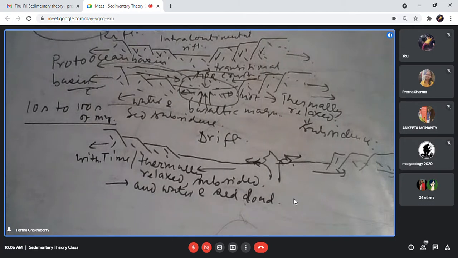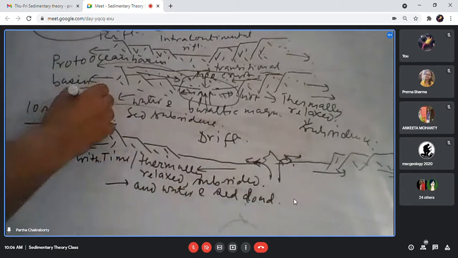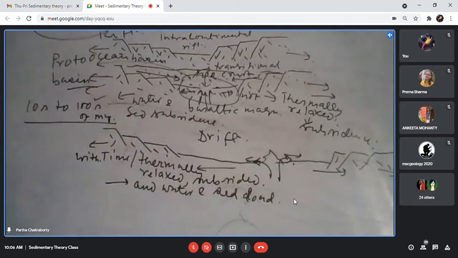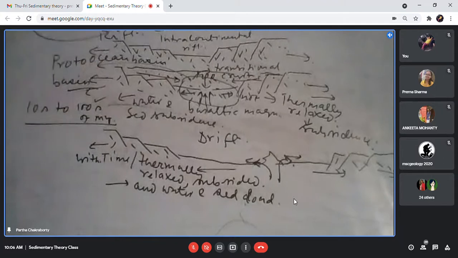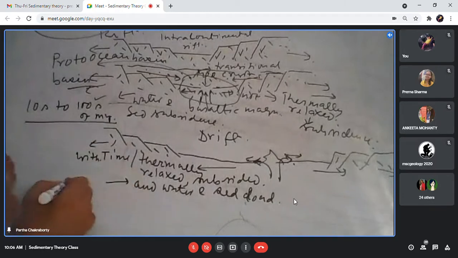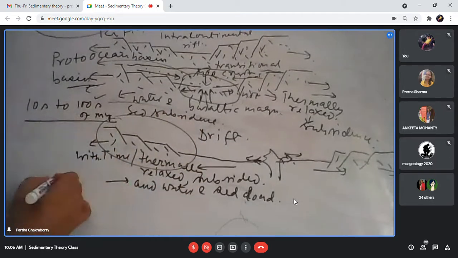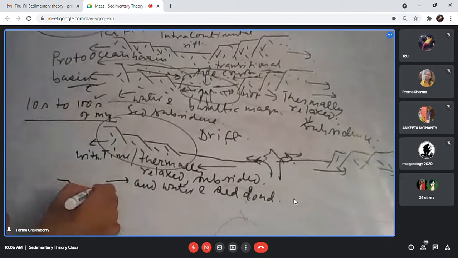Now, what will happen if this activity goes on for tens to hundreds of million years? There will be an end of all this activity. There will always be an end of all this activity. So then finally, what you will be getting, suppose if I concentrate on this margin. So this margin then,